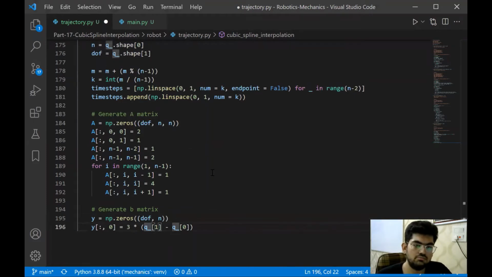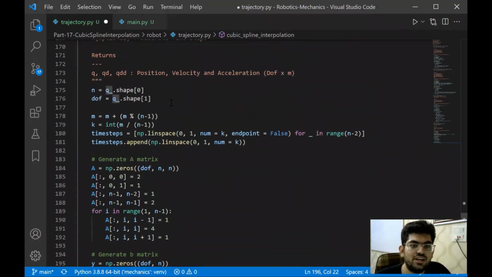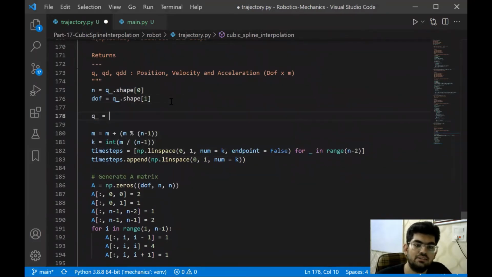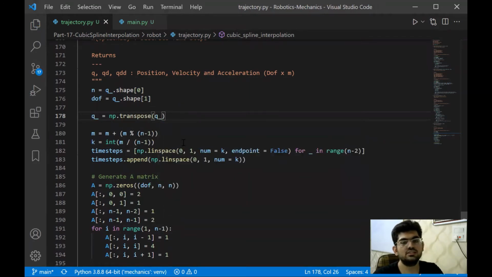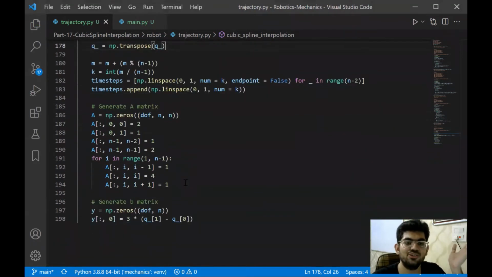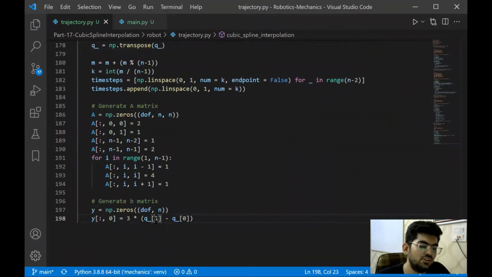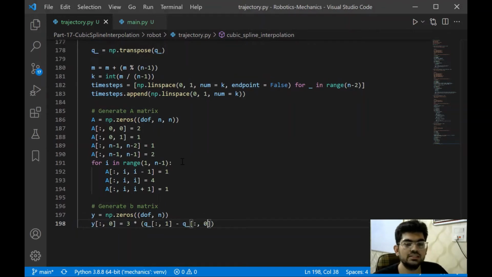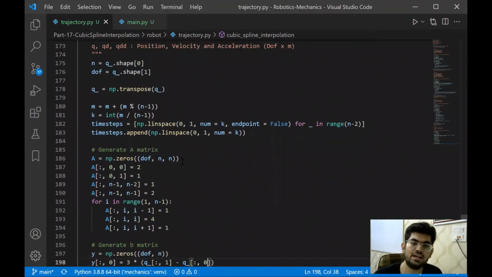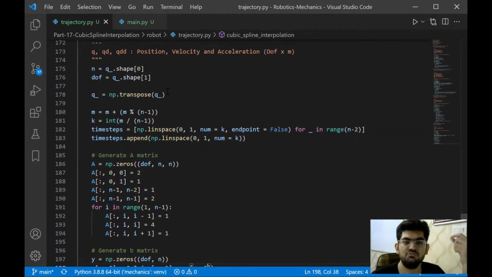So in order to shape things up, we are going to calculate the transpose of the Q matrix that we have. This is done by this. Now this transpose will assume generality over all these values. So instead of going simply 1 over here, we're going to have colon, 1 over here and colon, 0 over here. This is just to make all the matrices that you're working with of the same or similar structure, the degree of freedom followed by other shape parameters. So that's how and why we are doing it. It's simple, but that's why we are doing this.